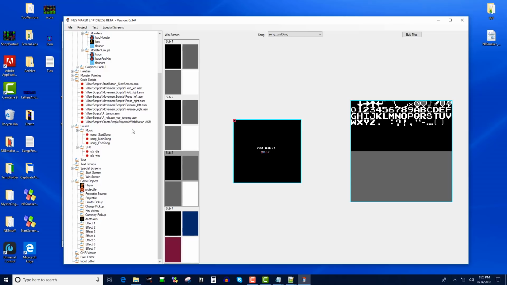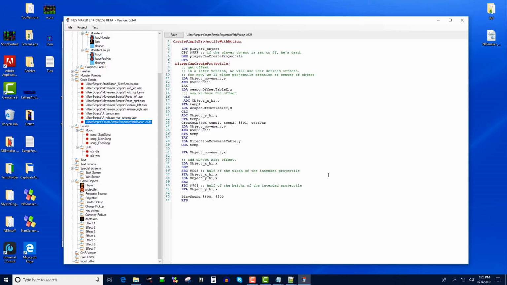Because I haven't shown you that. A lot of these scripts are creating sound effects already. So for instance, here's where it's creating a sound effect when you create a projectile. I believe there is probably a play sound effect right here. It's playing sound effect 0 with a